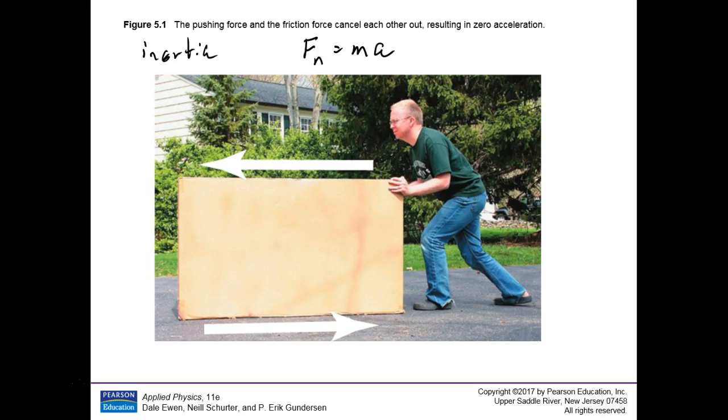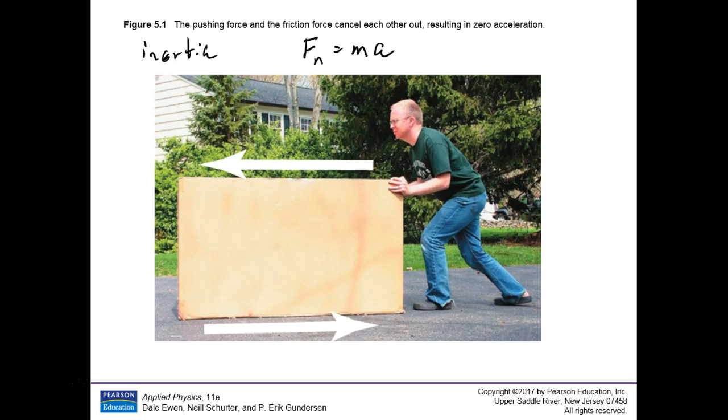Okay? But you can have a force even if you have no acceleration. A force is technically a push or a pull. But if there is an unbalanced force, a net force acting on an object, then that's equal to the mass times the acceleration of the object. Let's just say that suddenly someone put down some ice underneath there and he's pushing like that. It's going to take off because now there is hardly any frictional resistance and he's exerting a force, so now it's going to accelerate like crazy. He'll probably fall flat on his face too. Wouldn't you like? No, you wouldn't like to see that. Okay, so there's Newton's second law.